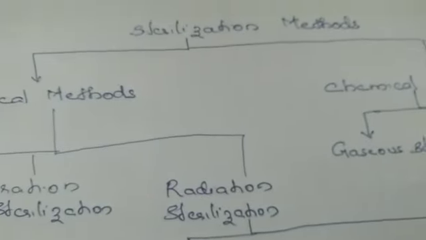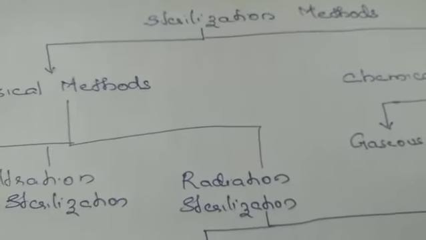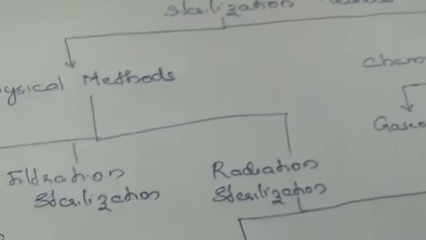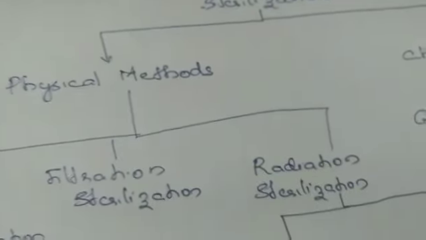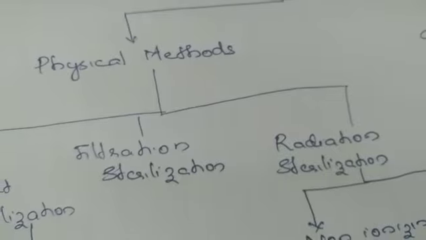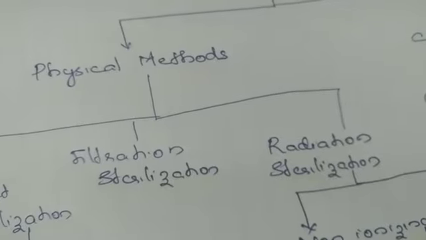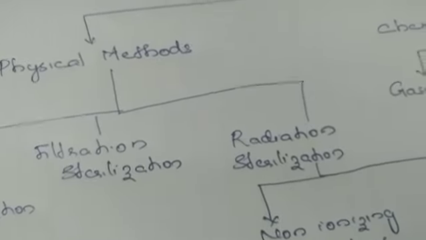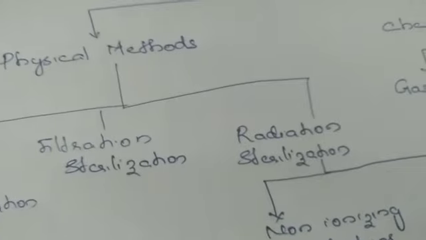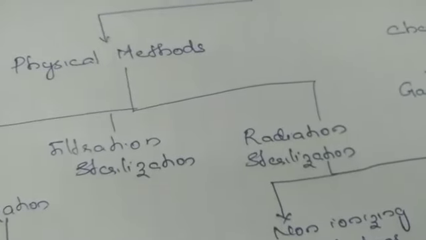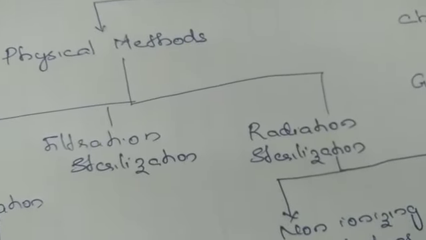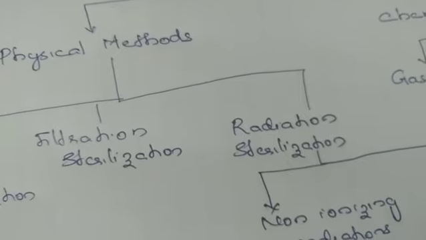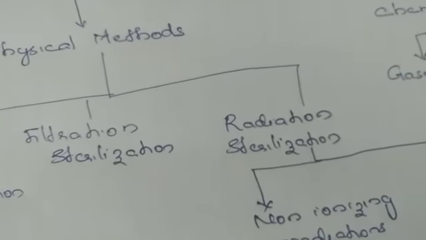Today we have to discuss about the sterilization method. What is meant by sterilization? Sterilization is a physical method of microbial control by which an article, surface or medium is made free of all forms of viable microorganisms. Any process or biocidal agent that can assure complete killing or elimination of all microorganisms can